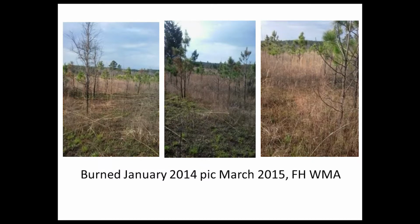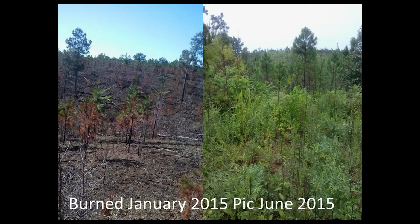The next few slides that I'll go through are from Freedom Hills and Lauderdale WMAs both, and some of the folks in the room have been to some of these sites with me before and walked around and looked at it. These stands did not get fire in them as early as I would like to have got it in there. That stand there is probably 7 years old, and we got some good burning in January. We had some other burning earlier than that, but you can see where,